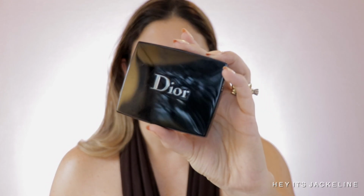As you know, DIOR got rid of the velour beautiful pouches, which in a way I'm okay with, because usually I was not one of those people that used them. I usually left them on the side and collected them, but never really got a use out of them unless I was going for a trip or putting them in my purse, which is not something that I do very often. Anyhow friends, I have here the shade